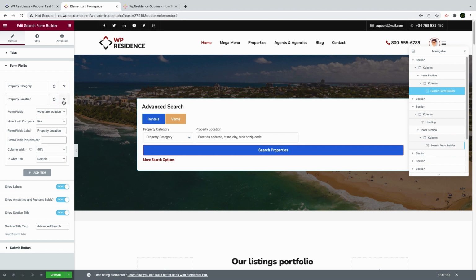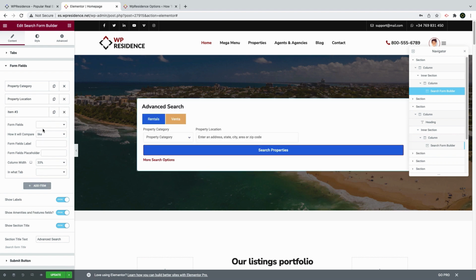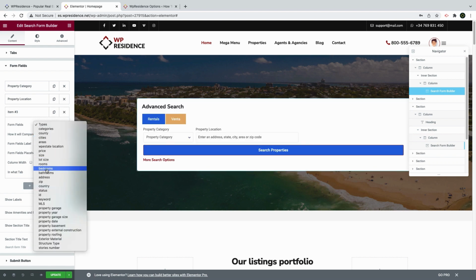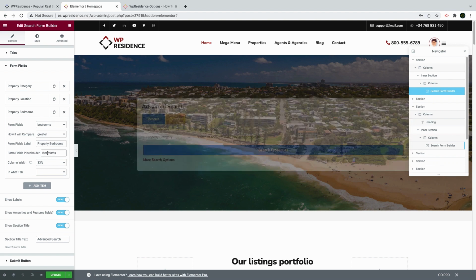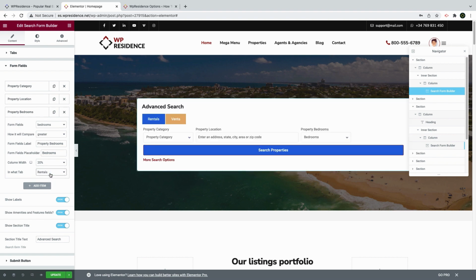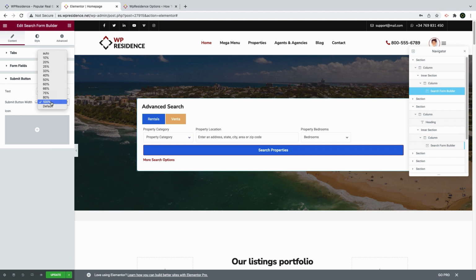I will continue and I will add a new field. I want to add the property bedrooms here and I choose bedrooms from the drop down, and because it is a number I have to choose a number compare system. In this case it will be bedrooms greater than the value selected. I will make it 20% and I will choose the category. Now we have to make the search button fit as well, and I will edit it to be 20%,